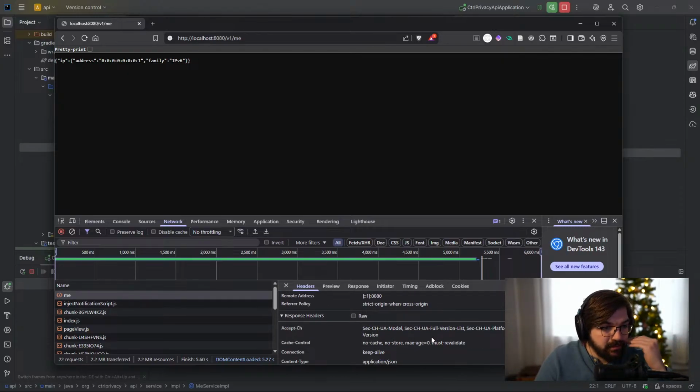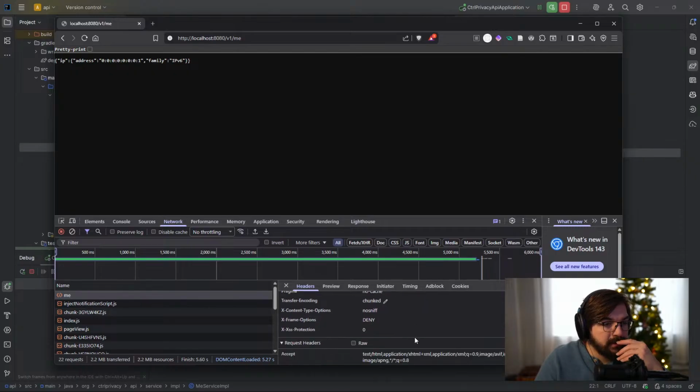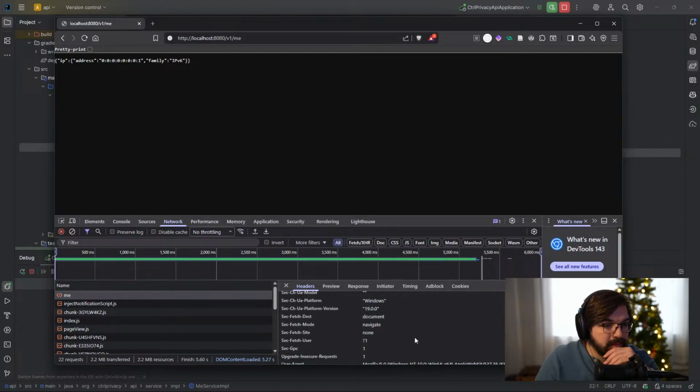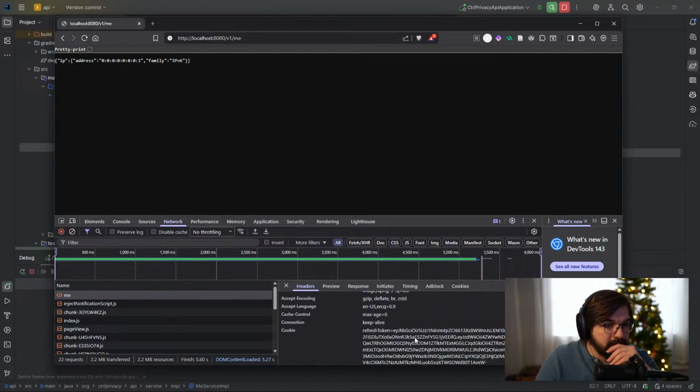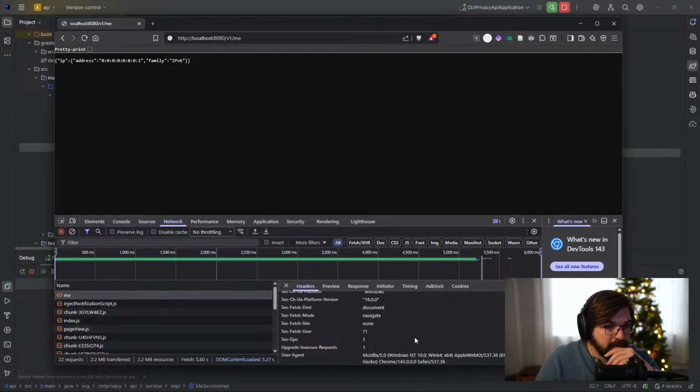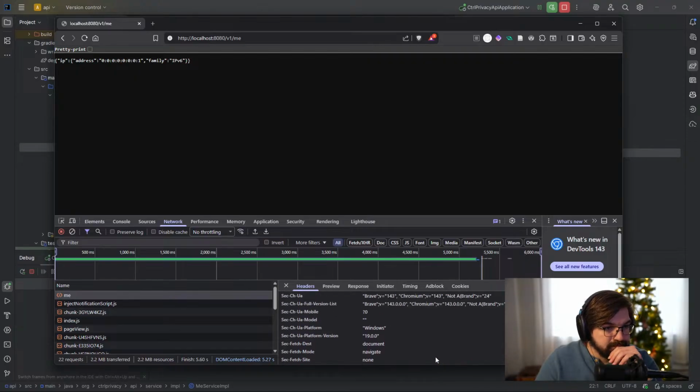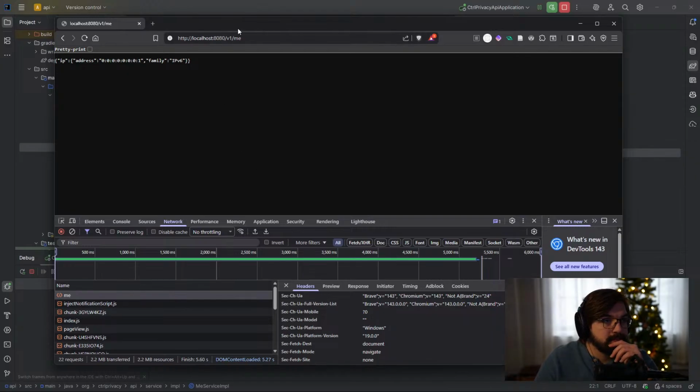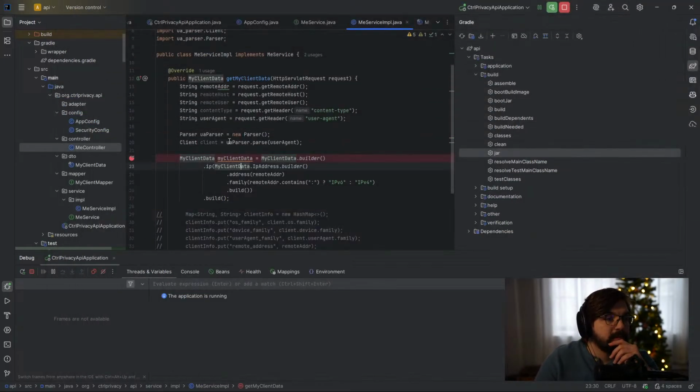It is supposedly sending them. So I wonder if this parser here